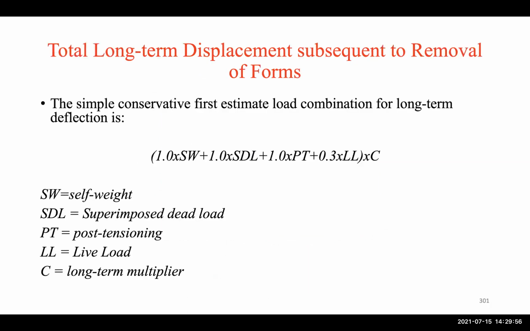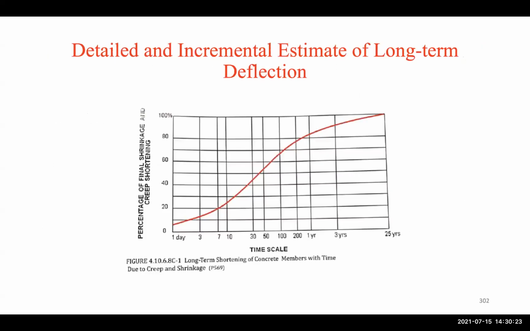So for PT, the simplest conservative first estimate load combination for long-term deflection is 1 times the self-weight plus 1 times the superimposed dead load plus 1 times the post-tensioning force plus 0.3 times the live load, times that long-term deflection multiplier. And here we have the percentage of final shrinkage and creep shortening that will happen